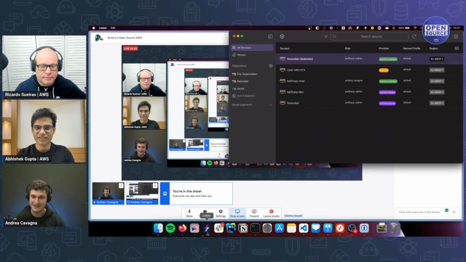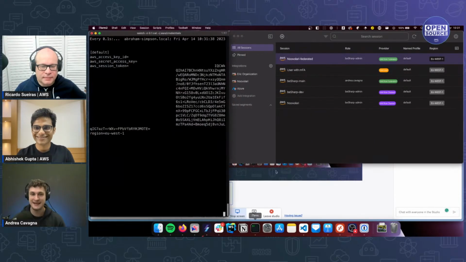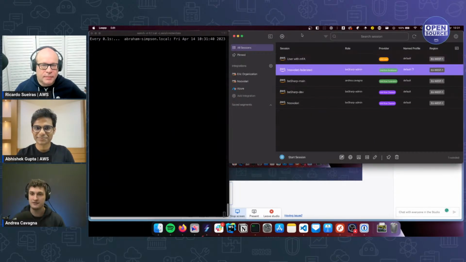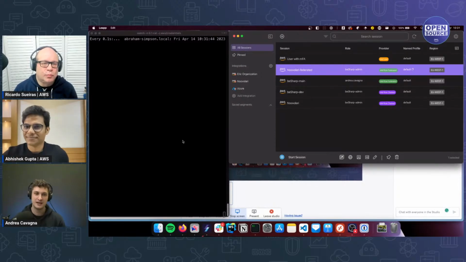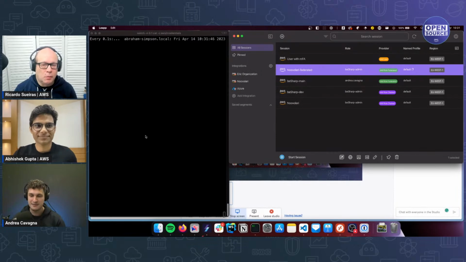We can go into the demo there, which I think is really easier to understand. So this is my credential file. As you can see, my credential file is empty. One of the main things I wanted was to empty my credential file and not treat it as the source of all the places I can go in my environment.